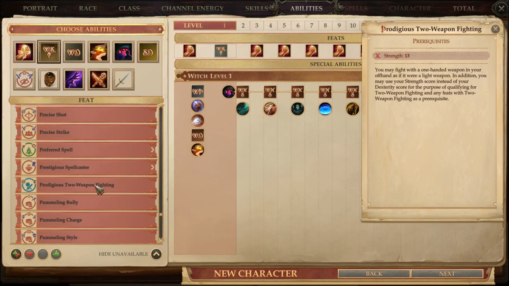Yeah. Prodigious Two-Weapon Fighter. Strength of 13 minimum. Just like for that Artful Dodge, where it's taking your Dex requirements, it's replaced now by Intelligence. Watch this. You may fight with a one-handed weapon in your offhand as if it were a light weapon. So think a longsword. Normally you wouldn't do that because it's a massive penalty to your swing. And then keep reading. In addition, you may use your Strength score instead of your Dex score for purposes of